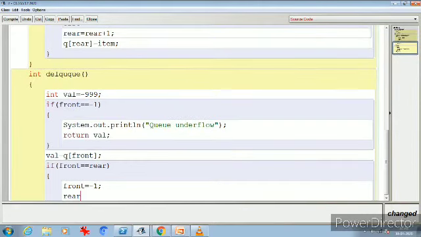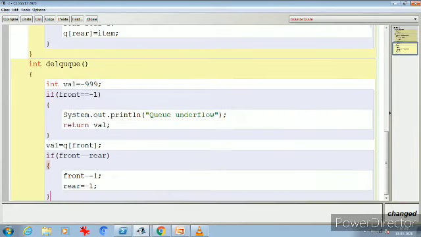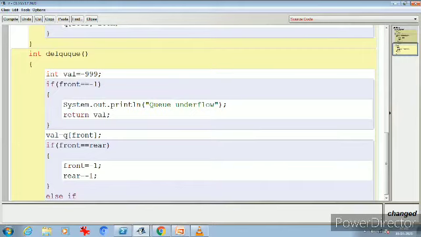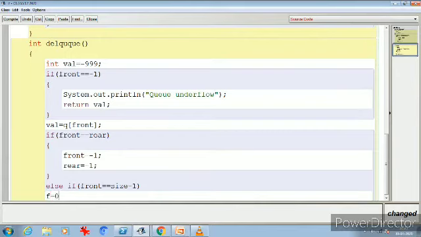Otherwise, if my front has reached the value of size, the maximum capacity, then I will make my front 0 again, because I can still delete in a circular motion.